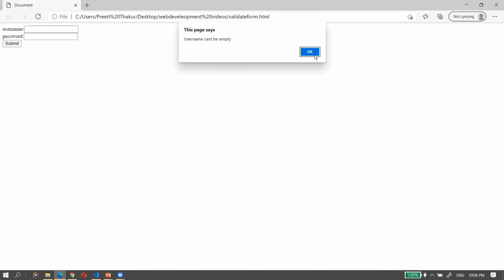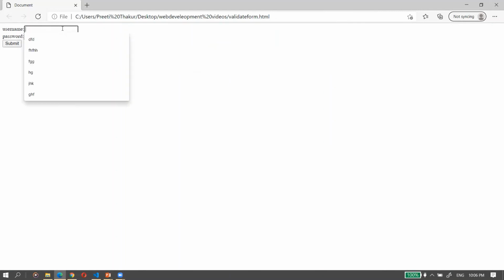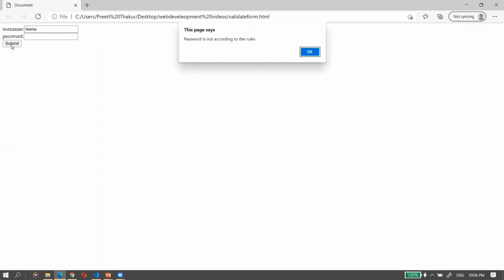So first is this. Now I have given some username, let's see, Tina, but I'm not giving the password. So what will it say? Password is not according to the rules. Although I have only created one condition, you can create more than one condition according to your requirement. That is why it is saying password is not according to the rules.